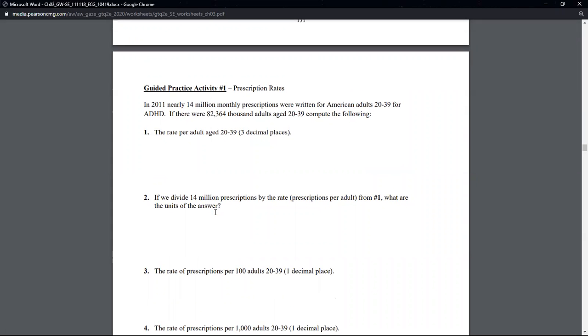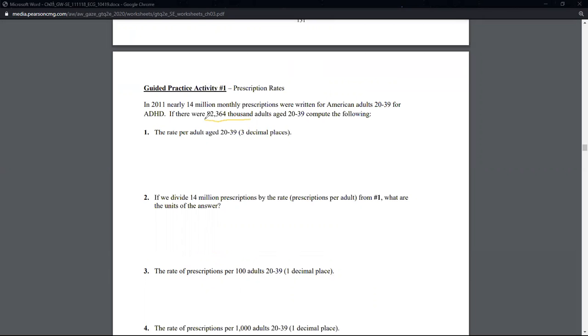In fact, we probably won't. Let's see how far we can get. I might just have to go a little quick. And I'm just going to use my ugly annotation in the interest of time. Okay. So the rate per adult. So first of all,